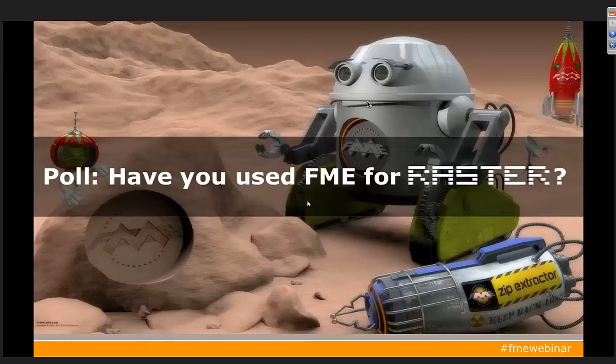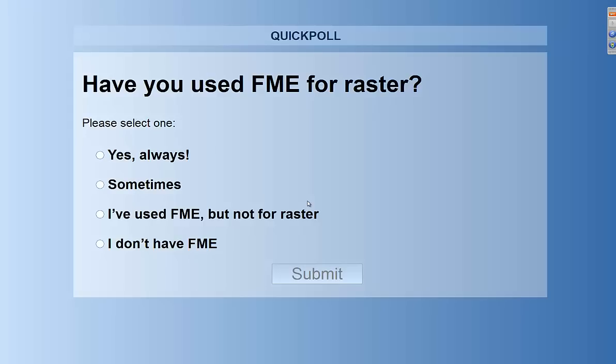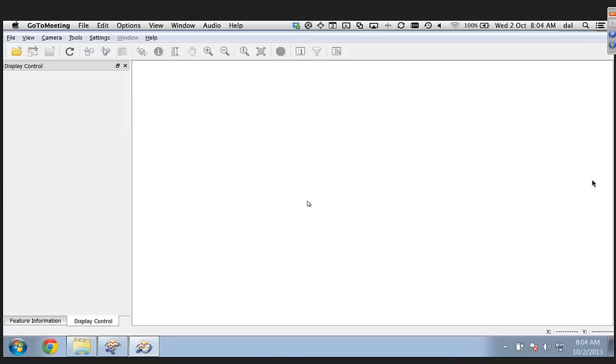So let's go out to the first poll and see if we can figure out if people have ever used FME for raster. We'll launch the poll. A lot of folks who haven't used raster and FME. It's been in FME since about 2006 or 7? About that, yeah. And as Dave was mentioning, it's a little bit harder to find disasters these days because the support is getting very solid and tried and true. So let's let it click over to, we've got I think a definitive vote there. We'll close and share the results.